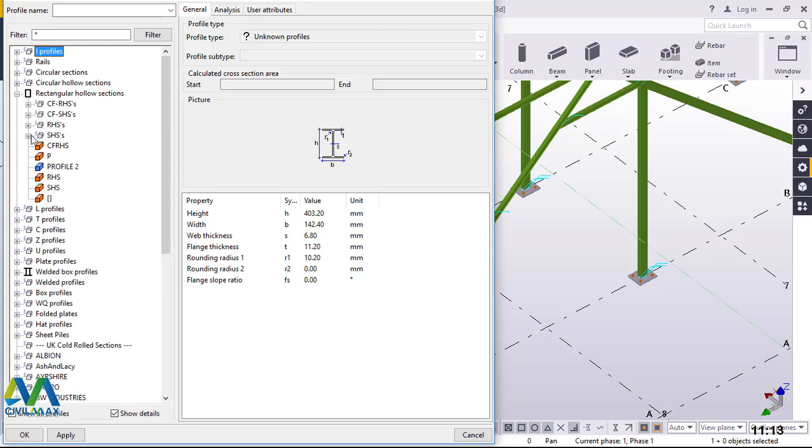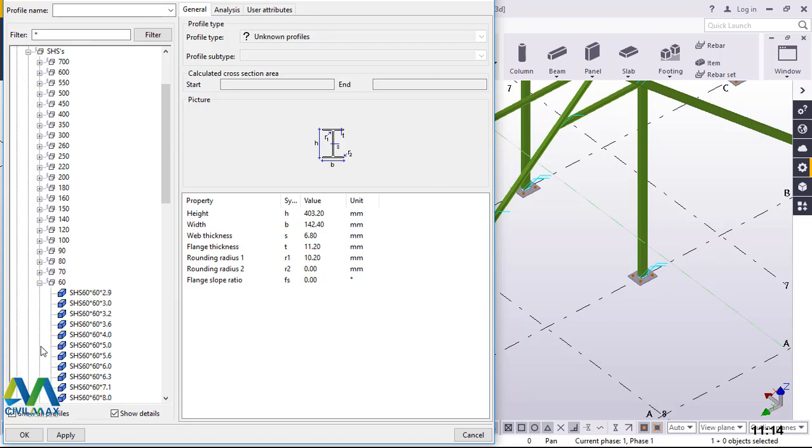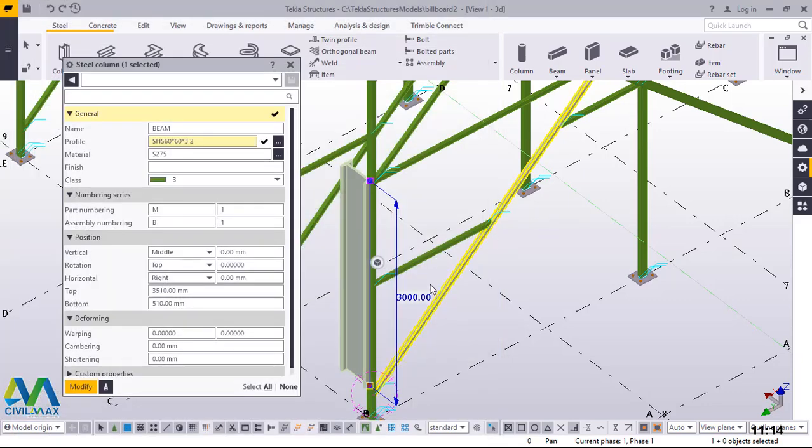then come to SHS. I'll click on that plus sign also. Then now I want to go to a 60 by 60, that will be okay. I'll pick on this 60 by 60 by 3. It's okay. I'll come here and click apply and accept. I'll come here and click modify